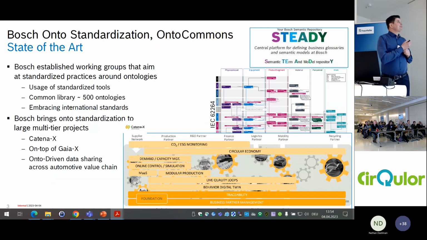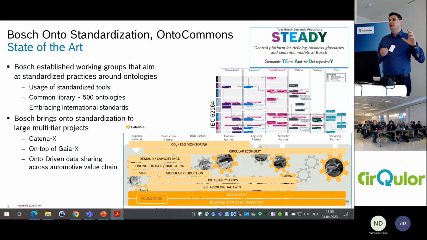So, in terms of OntoCommons, where we are in BOSCH, I would like to give just a little bit of context of OntoCommons and then actually beyond OntoCommons inside BOSCH. The standardization activity in BOSCH, which is actually running for the last about 3 years in parallel with OntoCommons and also with synergies across, is that in BOSCH there is this movement towards having high quality standardized semantic models.